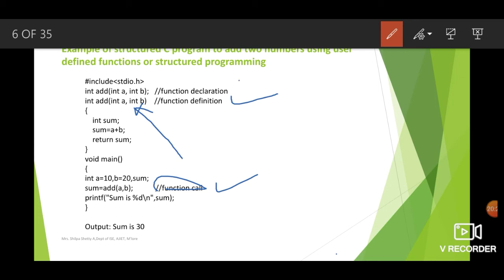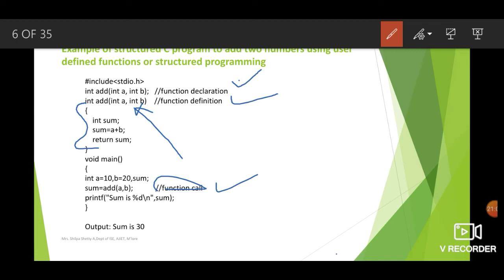The one more part that we have is function declaration. That is just above the function definition, where we have one line which is the same as the function definition's first line. That is the function declaration. Function declaration is like for a normal variable. Whenever you have to use a variable called sum, you need to declare it, right? If you have to use variables a and b, again we need to declare them. Any variable that we use has to be declared. The same thing applies for a function. Whenever you write a function, if you have to use that function, you need to declare it.